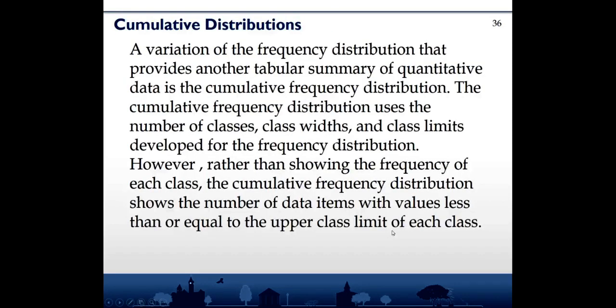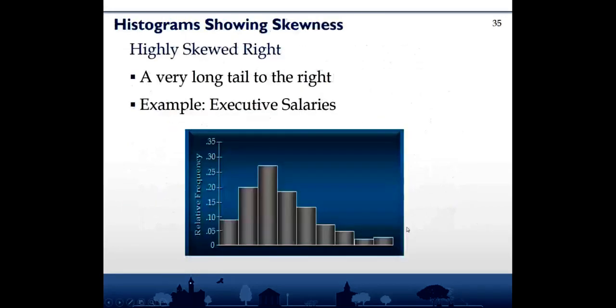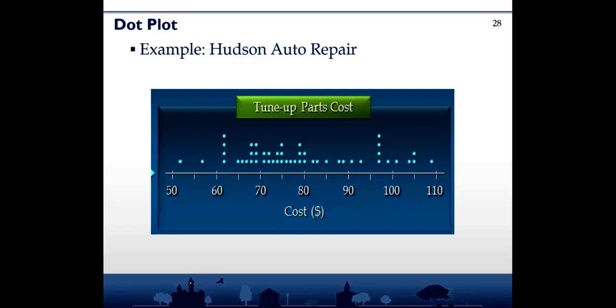We will now discuss the cumulative distributions. For categorical data, we have frequency distribution, relative frequency, and percent frequency distributions. But for quantitative data, we can also obtain the cumulative distributions. The cumulative frequency distribution shows the number of items with values less than or equal to the upper limit of each class. So if we go back to our example, Ch02,